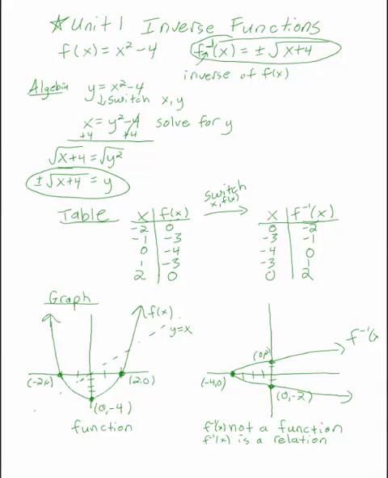So notice there are certain x values that have multiple y values that pair up with them. So I've drawn this, so there's an example that's already marked on the graph and on the table. So look at the table and the graph. The points 0, 2, and 0, -2. That's the same x value, circling it in the table. So the x value for both those points is 0, but they both have different y values. So here you have one x value that's pairing up with multiple y values. That makes f inverse not a function. So hopefully that was a decent review of finding an inverse using